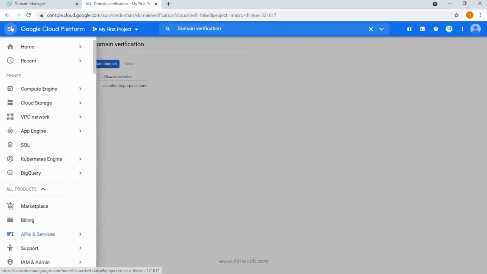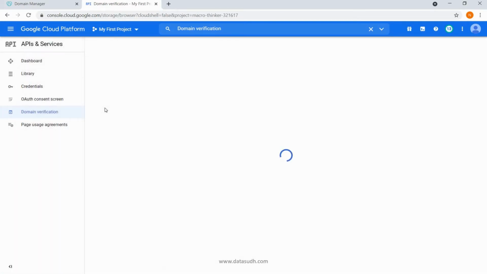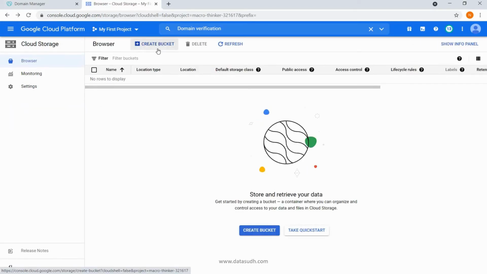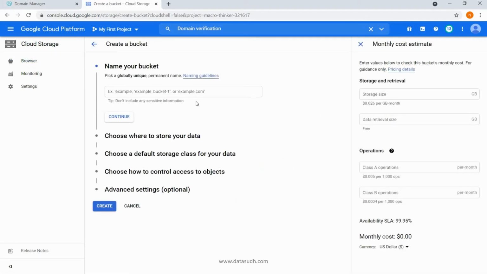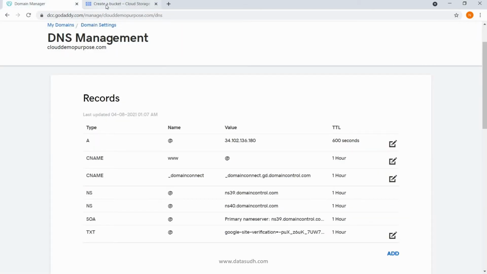Next we are going to go to the Google Cloud Storage bucket. Click on Create bucket. The first thing we need to tell is the bucket name. In case of websites, my bucket name can be my root domain or any of my subdomains. Now how to decide which bucket name I need to keep? First, I am hosting using HTTP. That means I am going to host it purely from this storage bucket only. If I am doing that, then I will need to point my domain to my storage bucket.